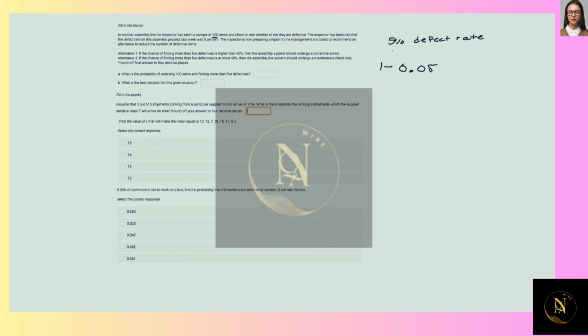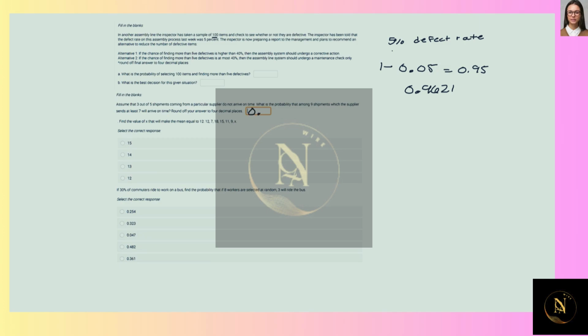0.05, and that's 0.95, and then that's raised to the 100th power minus k, and then for more than 5 defectives, that's 1 minus the percent. So, and then that is divided by 5%. And so then that is approximately 0.9621. And so since the probability of finding more than 5 defectives is higher than 40%, the best decision,